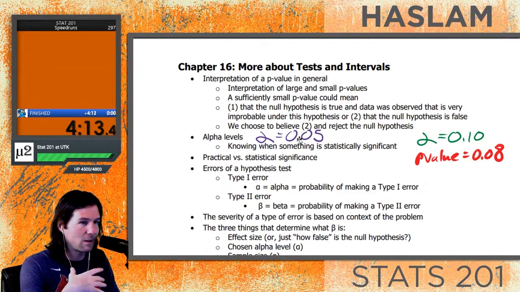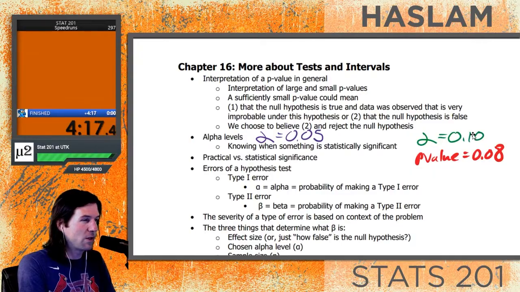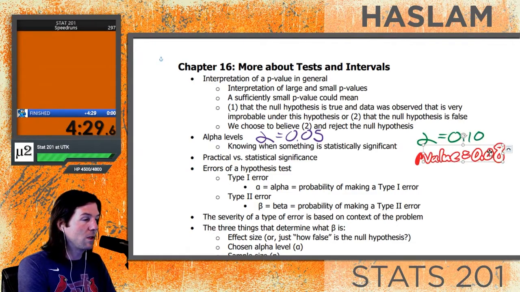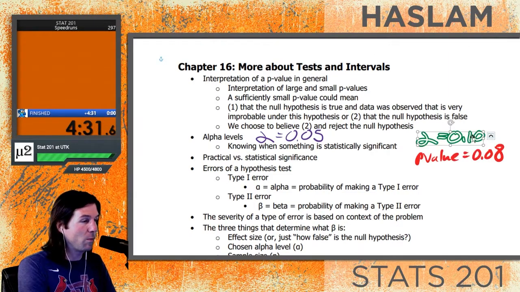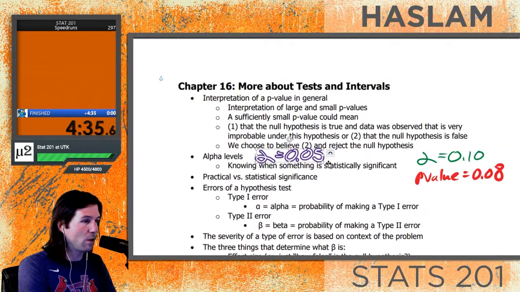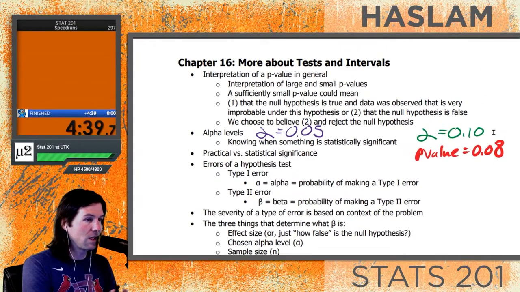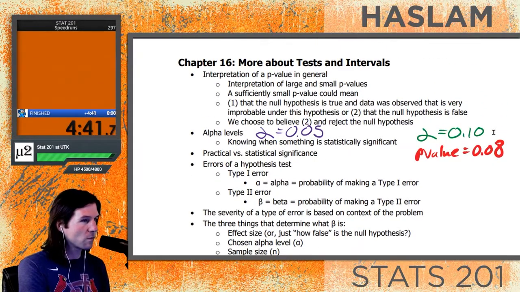That's classic statistics. That's what most statisticians do. But you can declare your alpha. You're just saying, I want to reject at 0.10. And that's what we're saying. I want to reject below this value. So when we have p-values lower than alpha, we can reject. So this 0.08 can be rejected at the 0.10 alpha level, but cannot be rejected at the 0.05. So increasing alpha makes it easier to reject. We're going to see issues with that here in a moment.